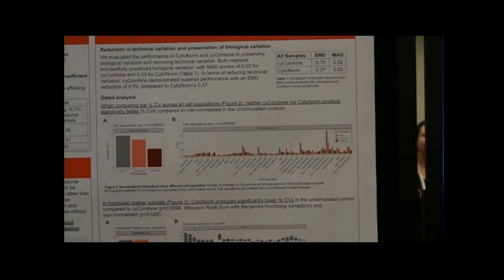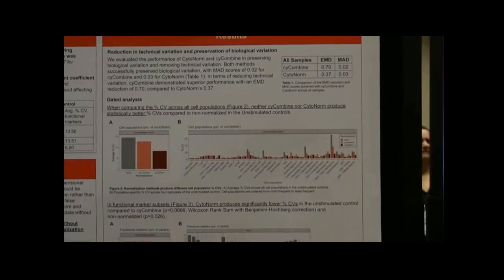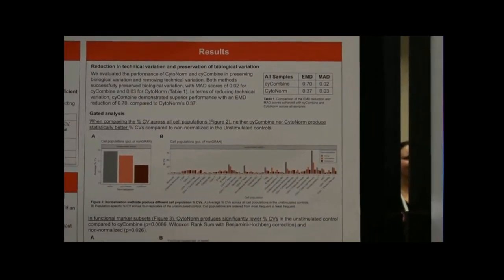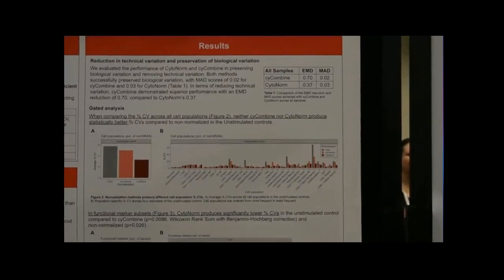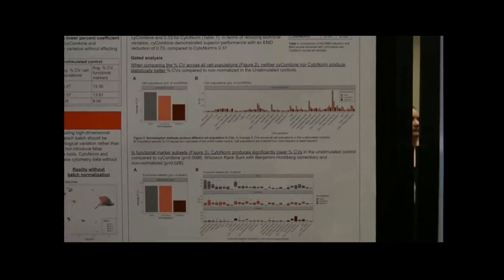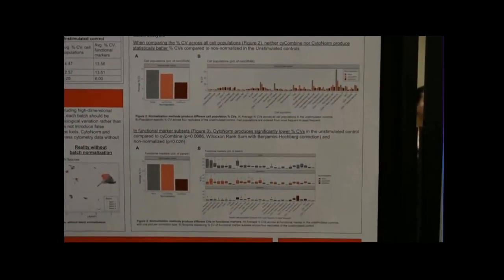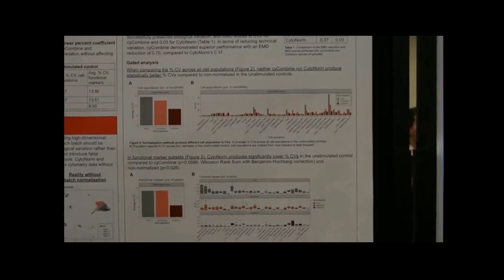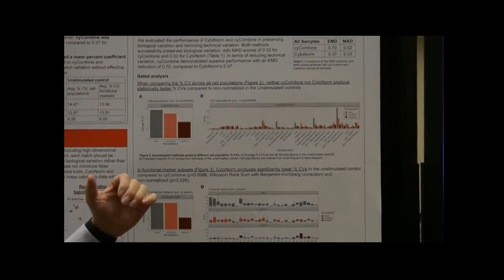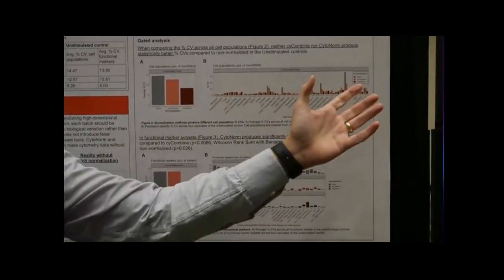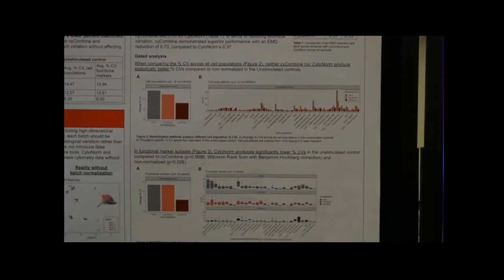Because of this, we were excited about Cycombine, but then we took one step further, looking at the percent CV. So again, looking at each cell population and seeing how much variance there is across the 4 batches. That's specifically done in our control samples that were run. We actually found that Cycombine does not have a significant reduction in the percent CV. And when looking at the cell populations as a whole, we don't see any significant reduction. We do see that the percent CV is lowest when you're looking at the more common cell populations. As cell populations get more rare, the CVs start to go up.